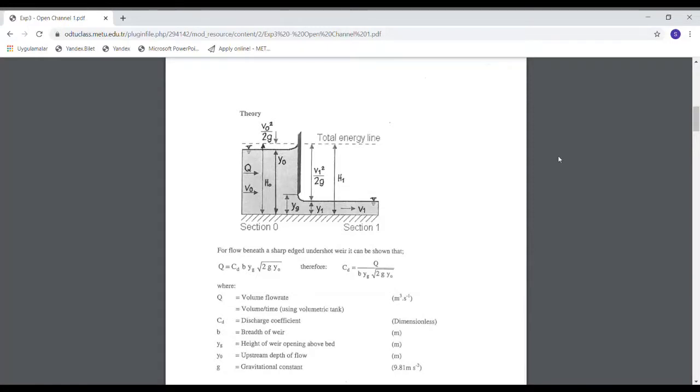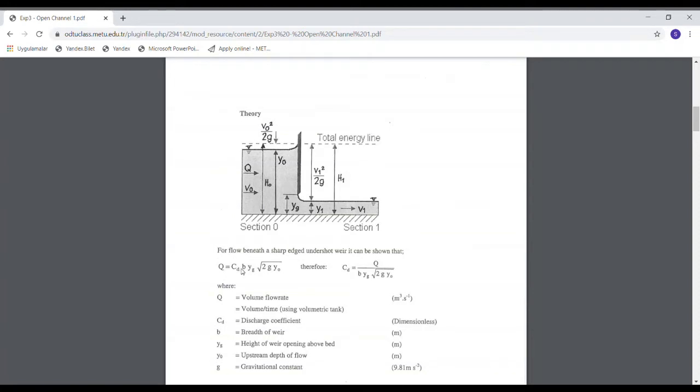Now I'd like to continue with the third part for the discharge beneath sluice gate experiment. If you look at your lab manuals, you will see there is an image provided to us and we have some notations on this image. I will explain them later. Before this explanation, I'd like to show you this equation, which is for the flow rate of the